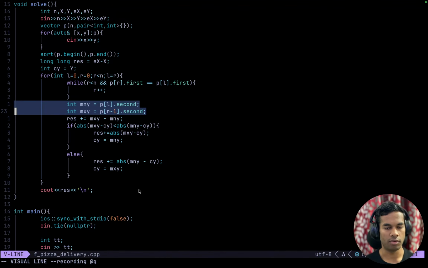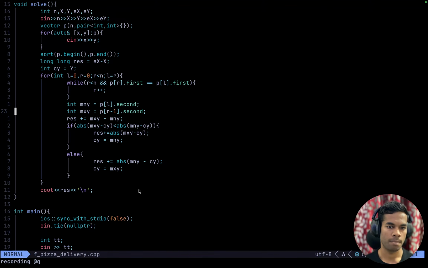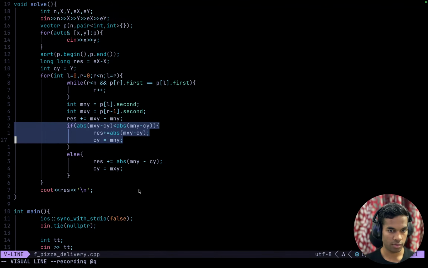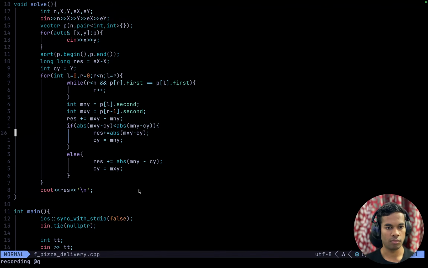Current y, minimum y, and maximum y. Plus equals max y minus min y. That part is correct. And then if max y minus current y